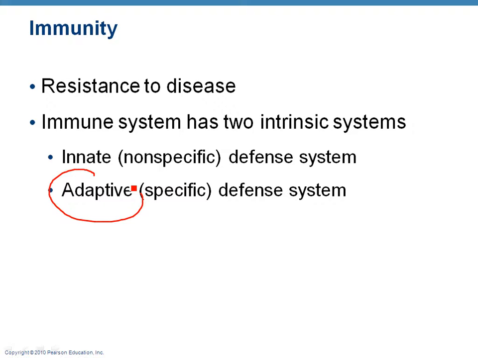All right, what is the purpose of your immune system? I think we all know: resistance to disease. The function of your immune system is to remove foreign invaders to the body, and usually those are microorganisms like bacteria and yeast and viruses, etc. But they can also be things like pollen, mold spores,